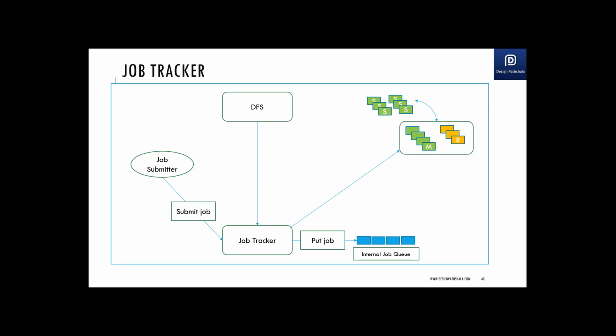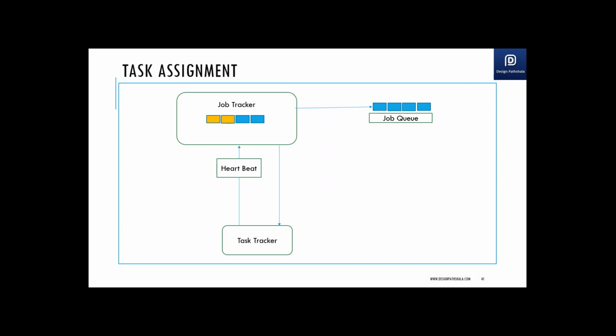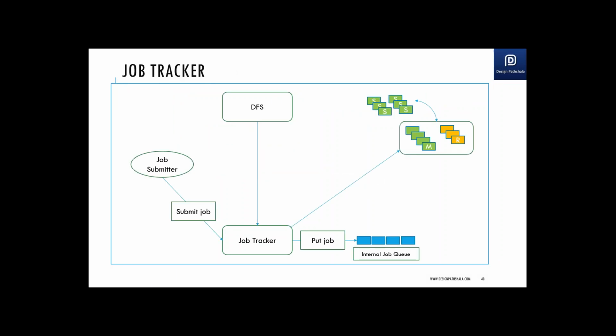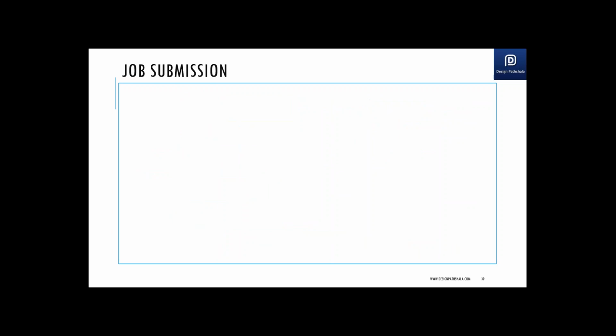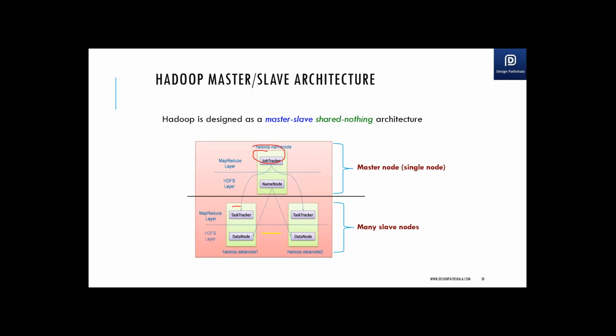So this job tracker puts your job in the queue, and the logic which needs to be processed on the data is read from the distributed file system where we have copied it, and maps and reduces are created. All of the data processing in Hadoop happens in two phases: one is a map phase and one is a reduce phase. So maps and reduces are created, and the task trackers which run on the data nodes